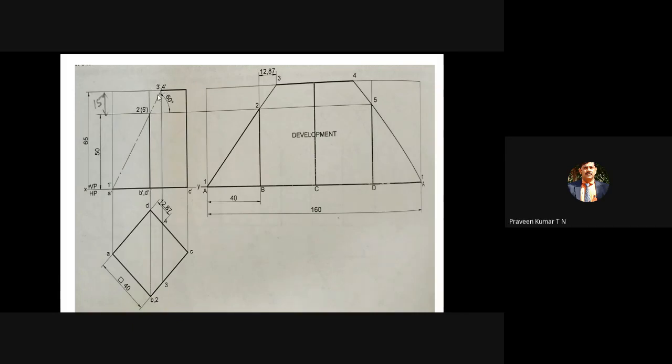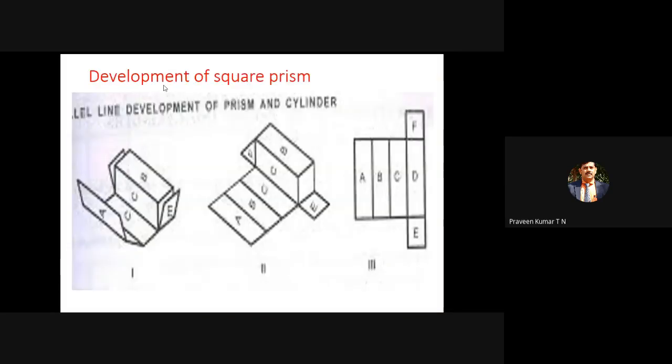That particular cutting plane cuts the front edge at point 2. It will cut the backside edge at point 5. It will cut the top surface at 4, the top front surface at 3, and the backside surface at 4. You can understand that better with this diagram.